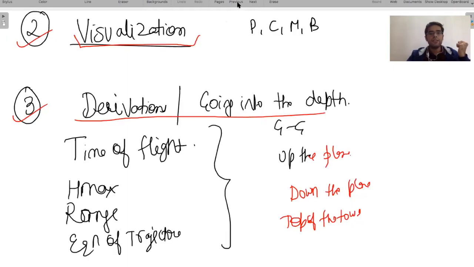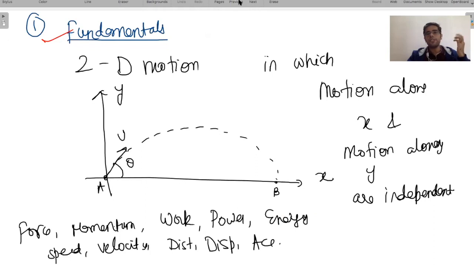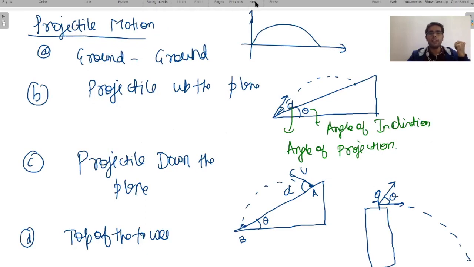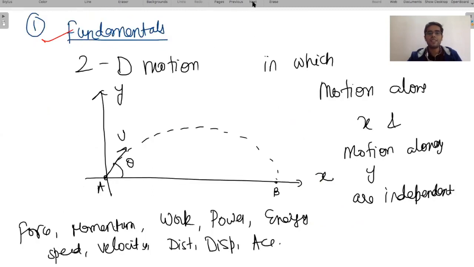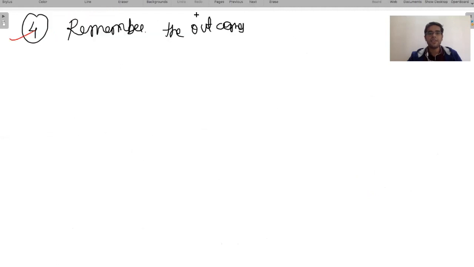Yes. So these are the four steps that you need to follow, whether you're studying physics, chemistry, maths, bio, or any other subject. Let me tell you, this could be the problem right now. Anyone who is not doing the derivations, anyone who is not visualizing enough, or anyone who is forgetting the outcomes quickly, is there any issue that you're facing right now out of these four?